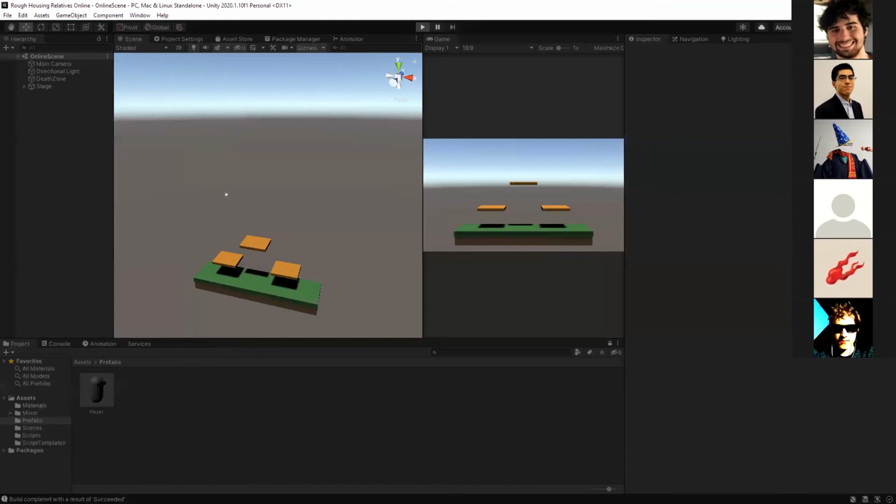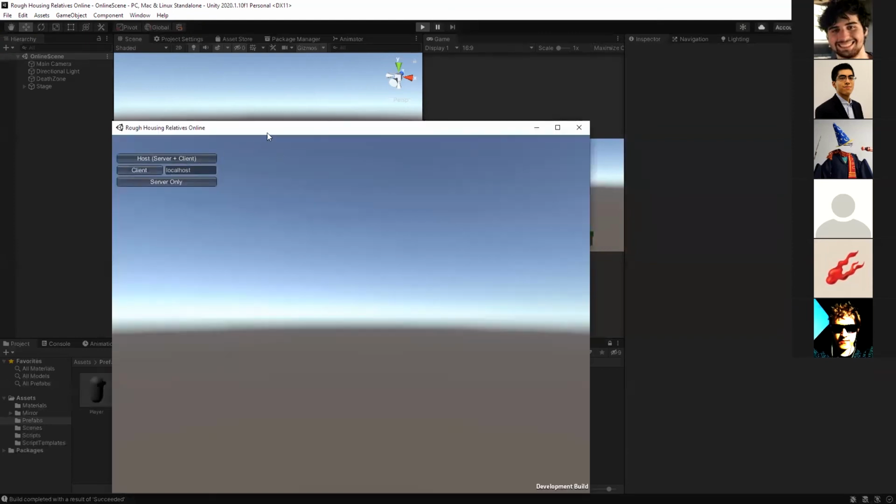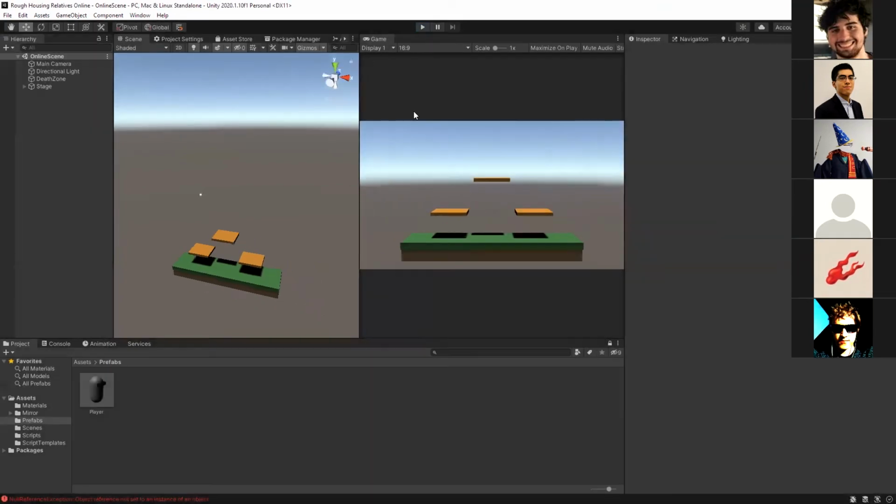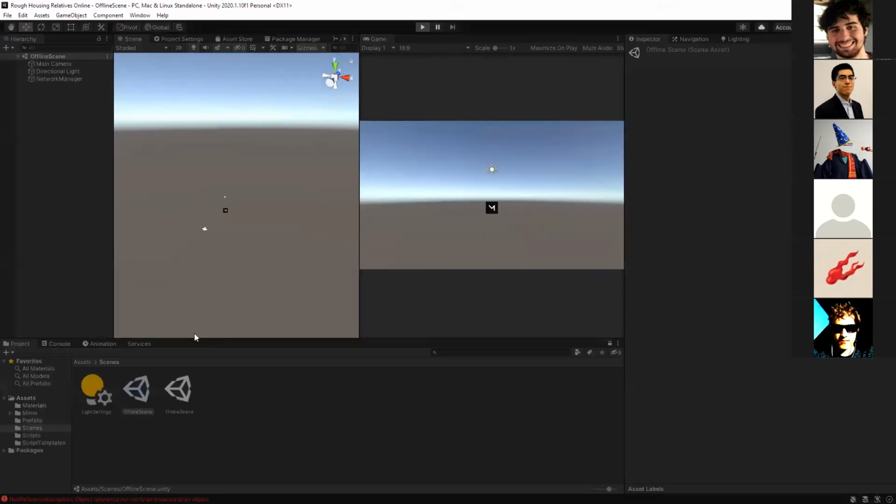Okay, let's see if that worked. Oh, I made a mistake where I tried playing the server with the online scene selected, so I can go back to the offline scene and start it here.